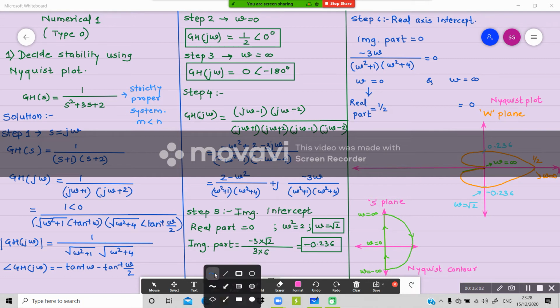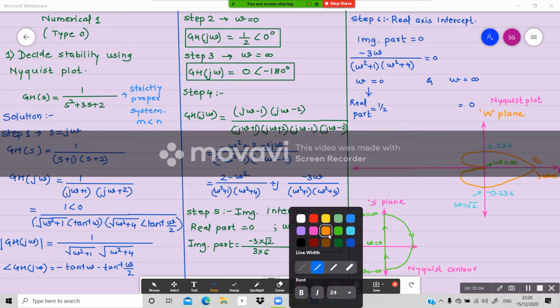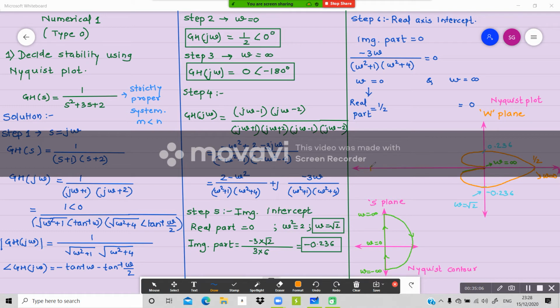So let us say double of that is somewhere over here, right? And this is -1. So however high the gain of the system is, even if it is like this, you will find it is just not possible for this curve to encircle -1. Correct? However high the gain is, ultimately the magnitude is 0 at -180 only. So it is never going to cross this -1.